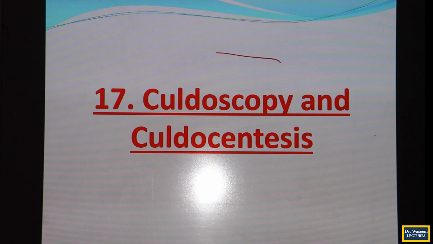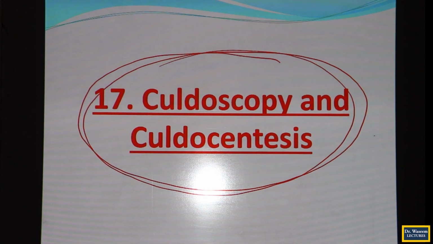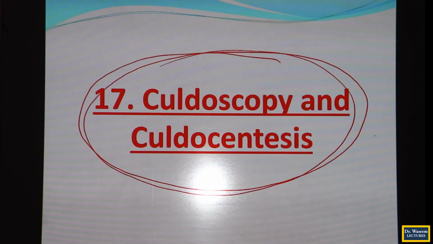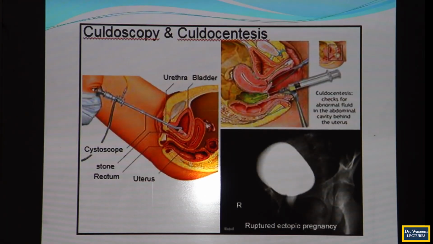Another thing is culdocentesis or culdoscopy. Culdocentesis means to have access through the vagina via the posterior fornix of the vagina into the pouch of Douglas. This is an access, and if you are visualizing or putting the endoscope through that route, through the posterior fornix of the vagina,